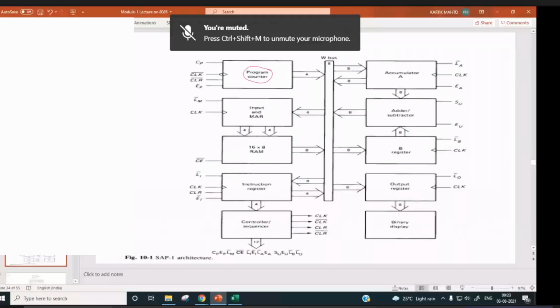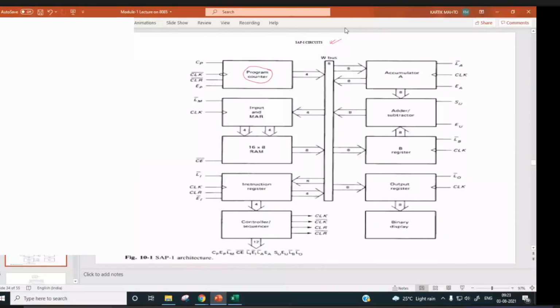It counts these negative edge clock pulses, but it counts only when this CP is made 1. Otherwise, it is going to neglect these clock pulses.